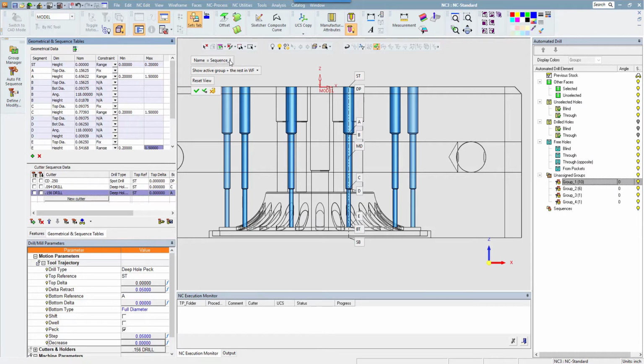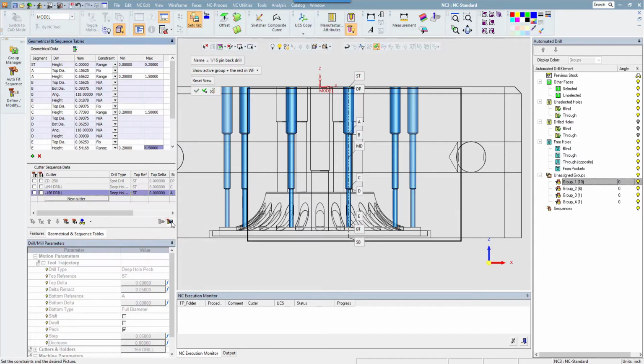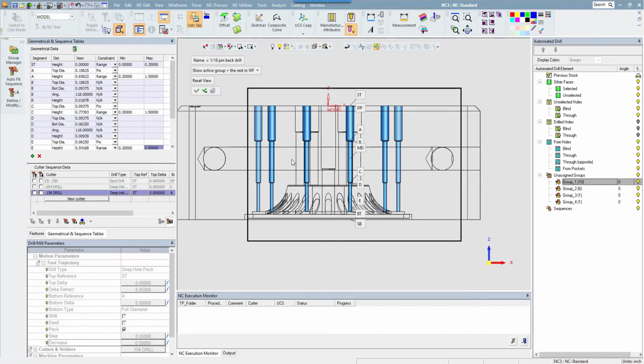So now I'm going to go ahead and give this a name. We're going to call this 1/16 pin, if I can spell, back drill. Okay. So once we have that name, we're going to come down to save sequence. It's in the middle of the left side of the screen here. It's got the little save disk. We're going to hit that. And it gives us this option, just like NC report, to make a picture to go with this sequence. So if you ever load a sequence, which we're going to cover in a little bit here, you can see a